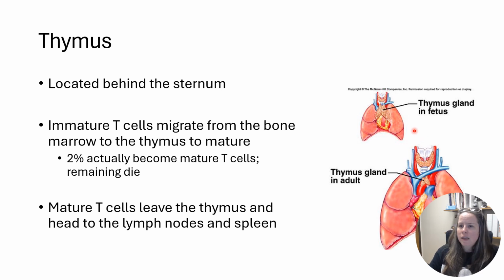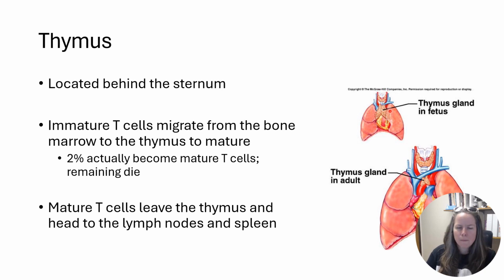So the first one we're going to look at is the thymus, and it lives right behind your sternum, okay, on top of your heart. This is where immature T cells are going to go and basically be trained. I like to kind of think of it like Hogwarts. So you might have been born into a magical family, or you have magical aptitude, but you can't learn it on your own how to use it. So you head to Hogwarts to train your magical skills. That's what happens here with T cells. They're made in the red bone marrow, but they learn how to be a T cell